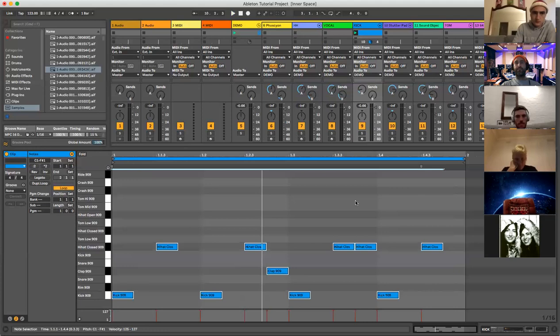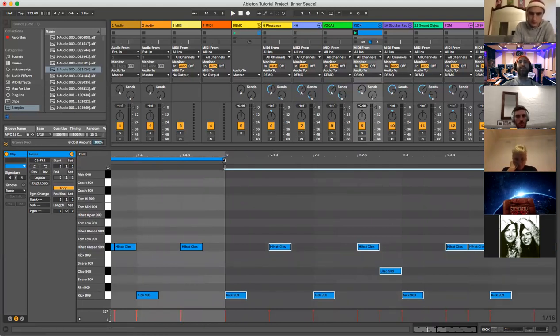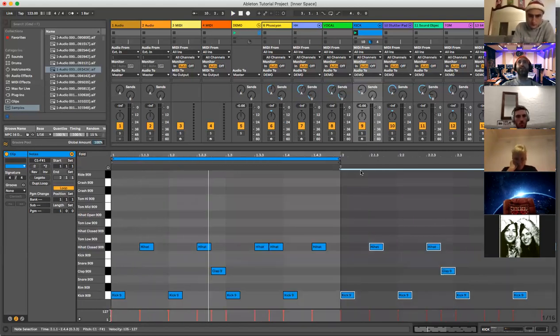Like if you highlight all of this and then hold down Command and D, or Apple D, that actually doubles my clip. So I've just made that from 1 bar. This is now 2, but if I play this,